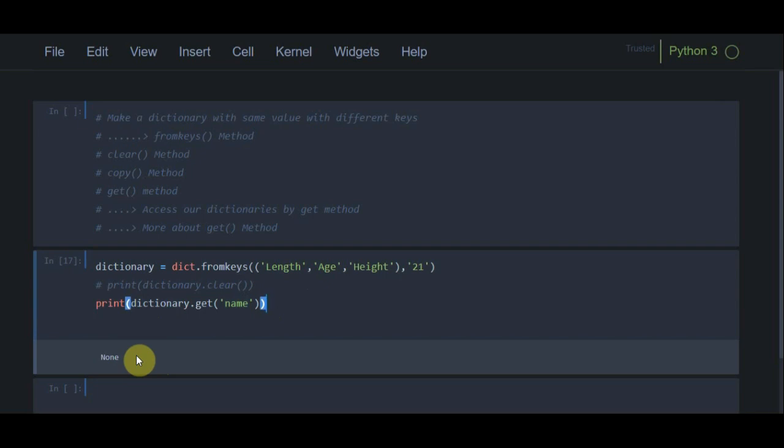So what if I don't want to return a None value? In some cases, I know that this key does not exist in our dictionary, but I want to return something else instead of None. What I just have to do is write here, instead of None, "not found". As you can see, if I run this program, instead of None, "not found" is appearing.